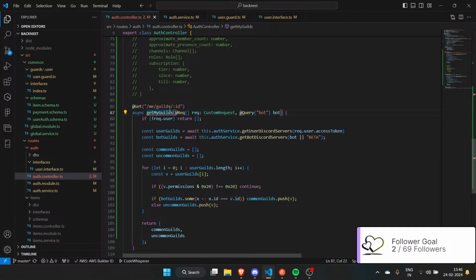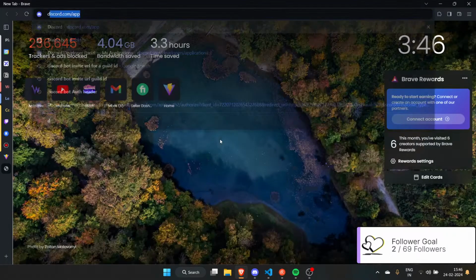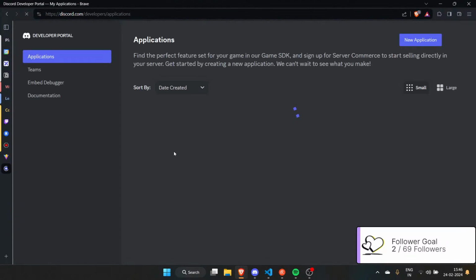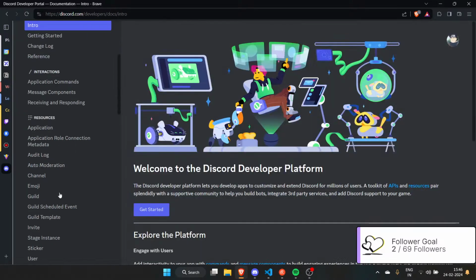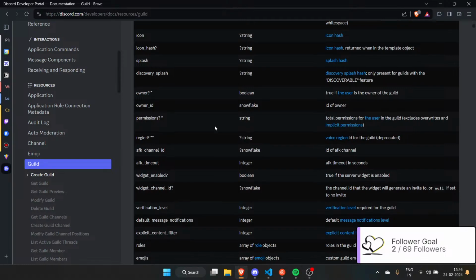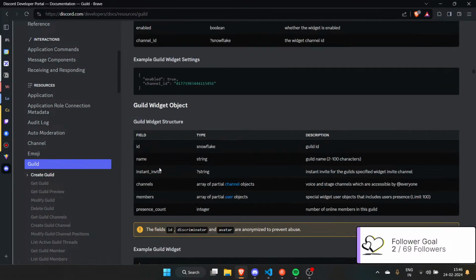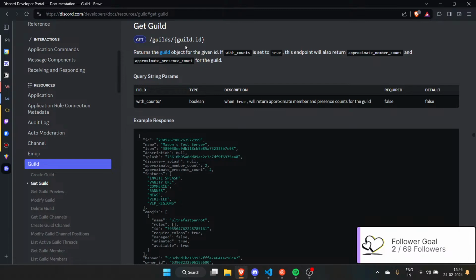Get my guild data. Then what do I do? I will need to look into the API docs again. I hate that, but that's not a big deal. Guild. So how do I get it? Get guild, there it is, slash guild slash ID.